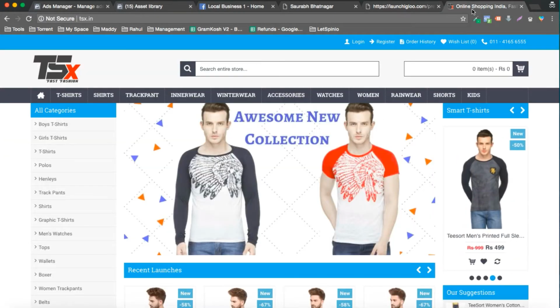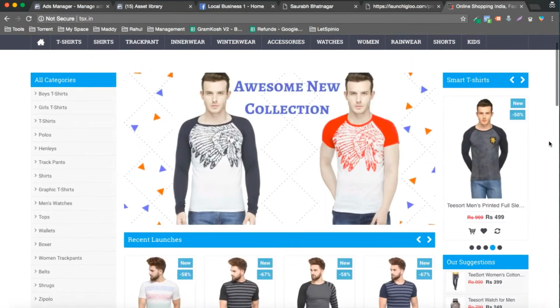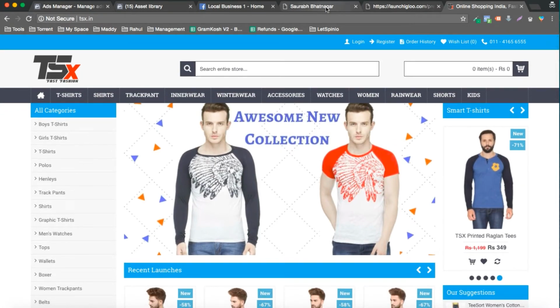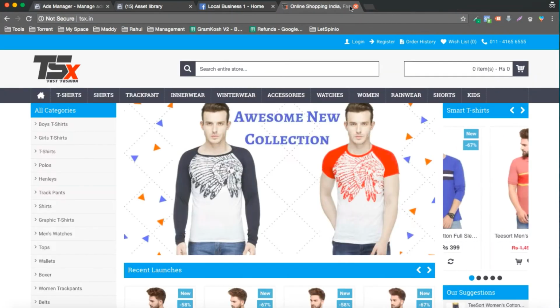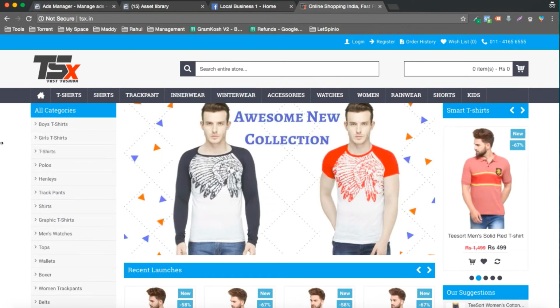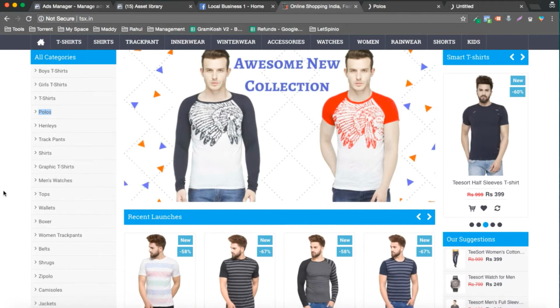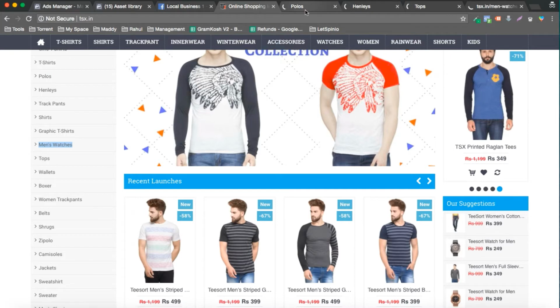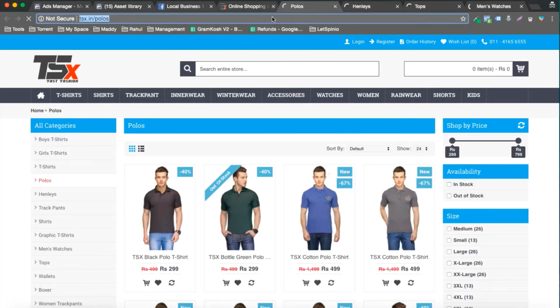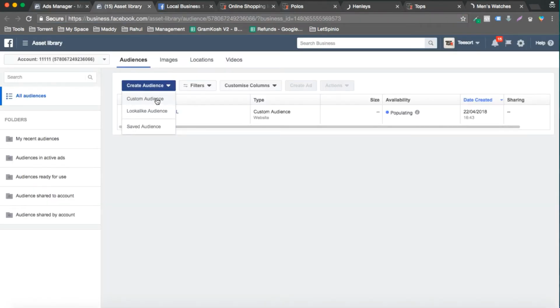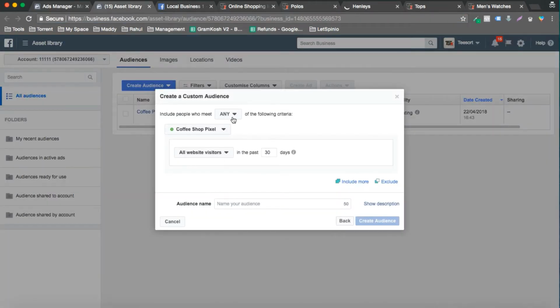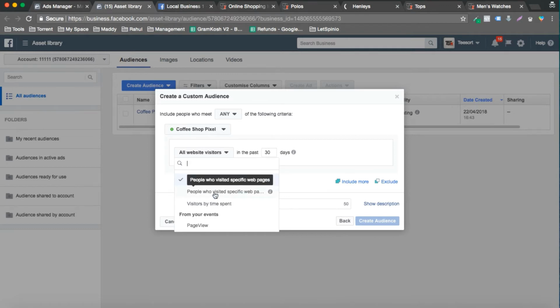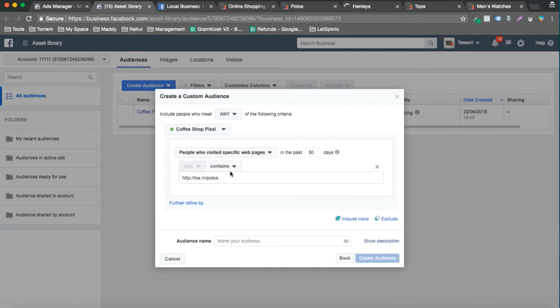Next up, just imagine that this is the TSX store for which I was running the ads. Now let me open the polos category, the Henleys category, the tops category, and the men's watches category. So I can create the audience as per the people's liking. I can go ahead and click on creating a new custom audience, for people who visited specific web pages, and I will write down polos.